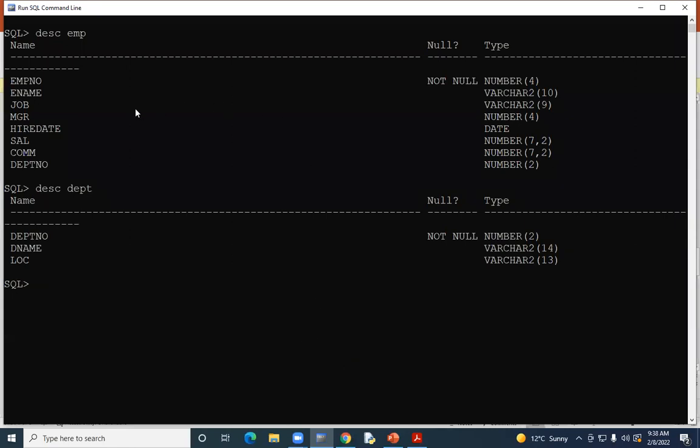If you have a look at these two tables, the emp table and the department table, you see there is a common column, that is department number. So you can join these tables on the basis of this common column. So first I will write the older syntax to join tables. So kindly note,